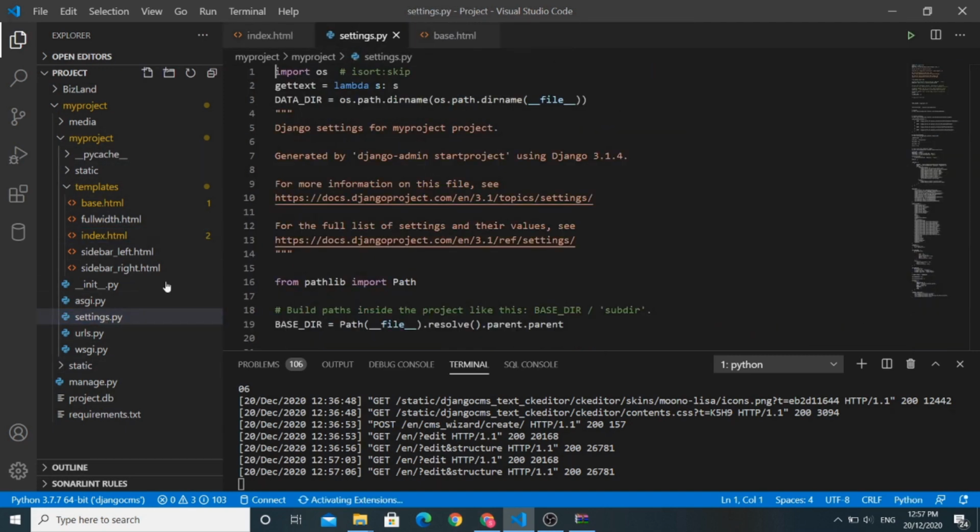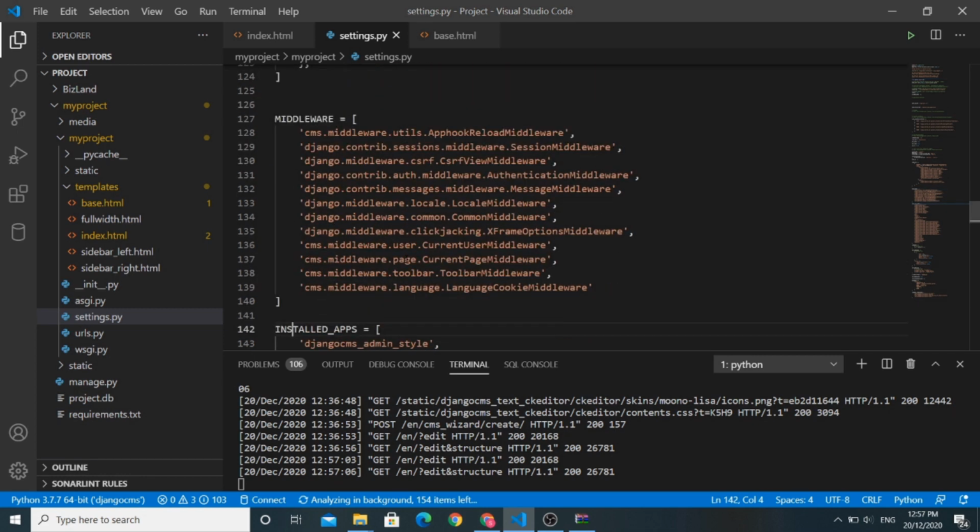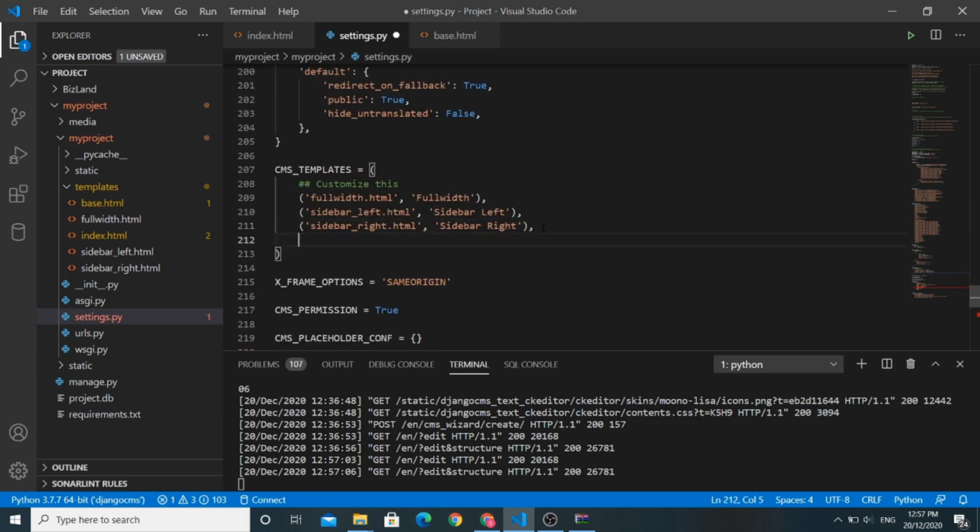Go to settings.py. In settings.py, you will find this CMS template thing. Here we need to add our own customized template. So let us write index.html, the name of our template will be my template. Save this